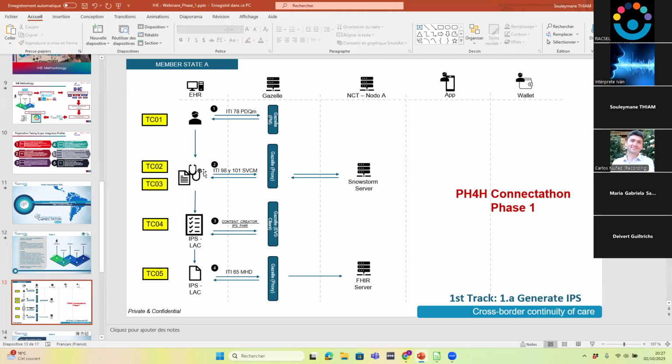The TC number 2 and the TC number 3, we have ITI 98 and ITI 101. ITI 98 is for the lookup and ITI 101 is for the translate. So this test is a bit special because you will interact with the Gazelle proxy. The message will be sent to the Gazelle proxy, and the Gazelle proxy will